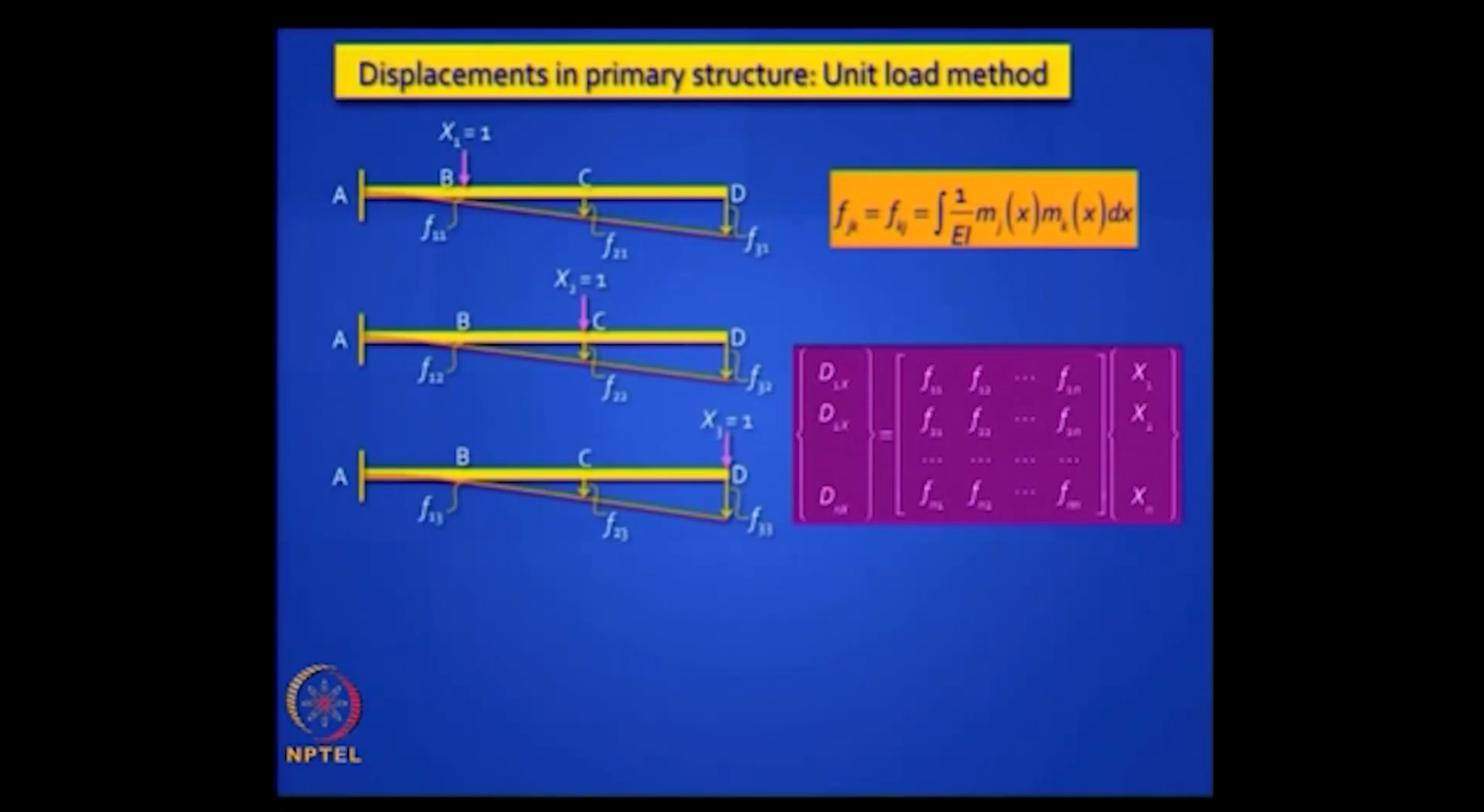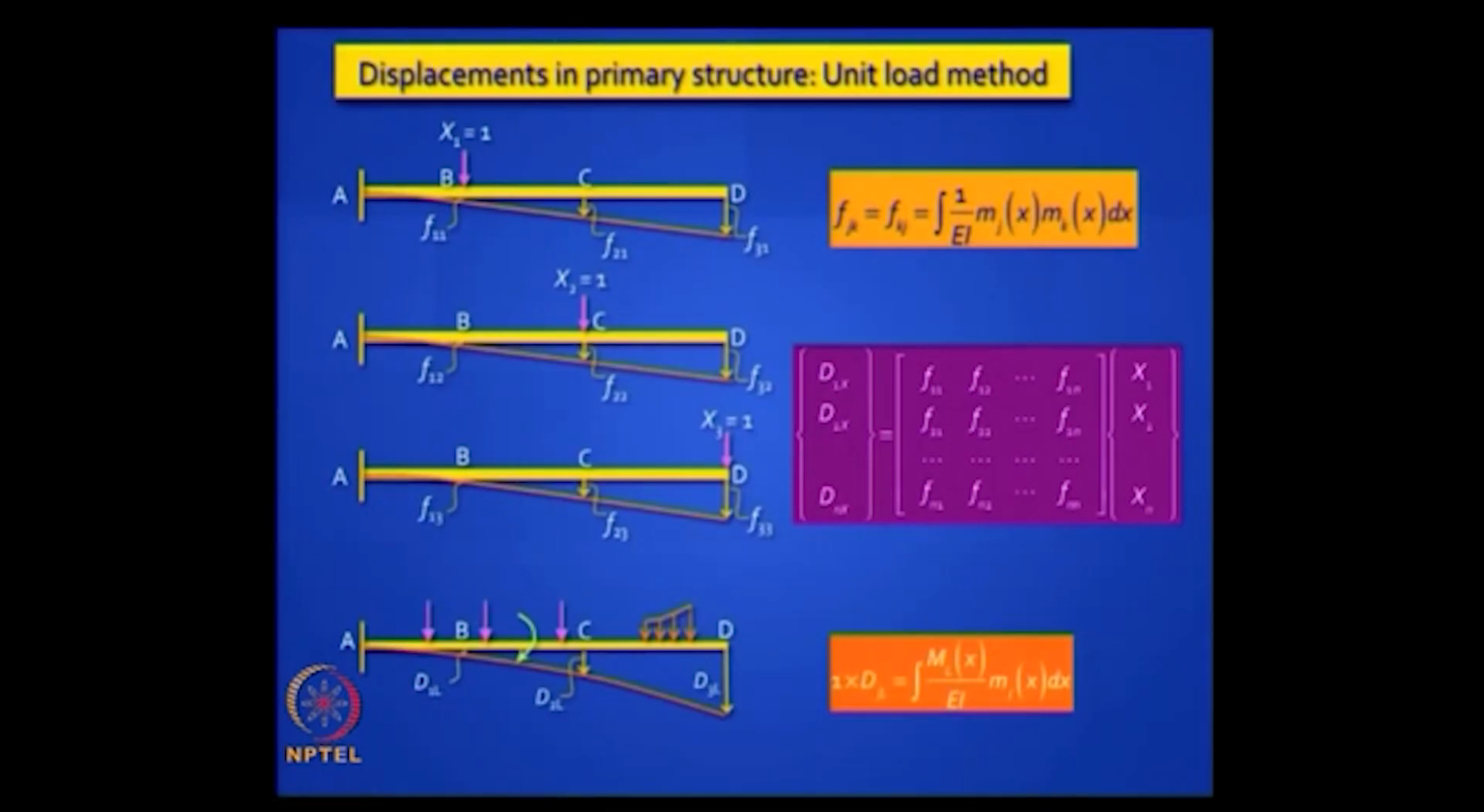So all the deflections caused by all the redundants put together can be written like this. So d1x is f11 into x1 plus f12 into x2 etc. plus f1n into xn, similarly d2x and so on. So I can write that overall set of equations, and also I get the deflections caused by the load using the unit load method. So the beauty is